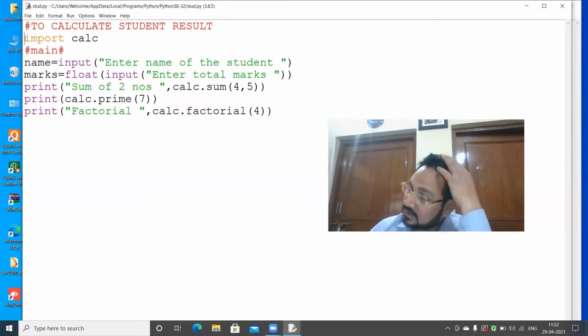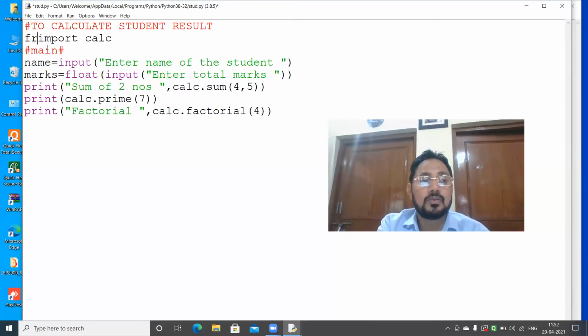If we want to import some selected items from a module, then we can use the following format: from module, that is from calc, import sum.